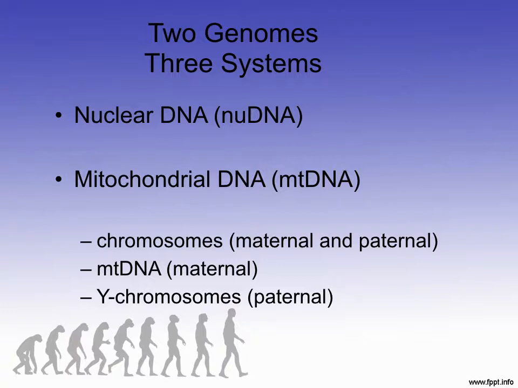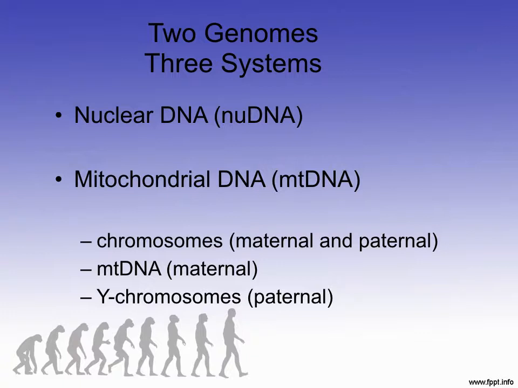or the mitochondrial genome. We have all probably heard that the mitochondria are the powerhouses of the cell. Mitochondria are where cellular respiration goes on, and we'll talk a little bit about this later. Inside each cell, we have hundreds to thousands of mitochondria, and each one has a genome. Inside each mitochondrion, there might be multiple mitochondrial genomes. The mitochondrial genome has been extremely useful in forensics and in evolutionary studies,